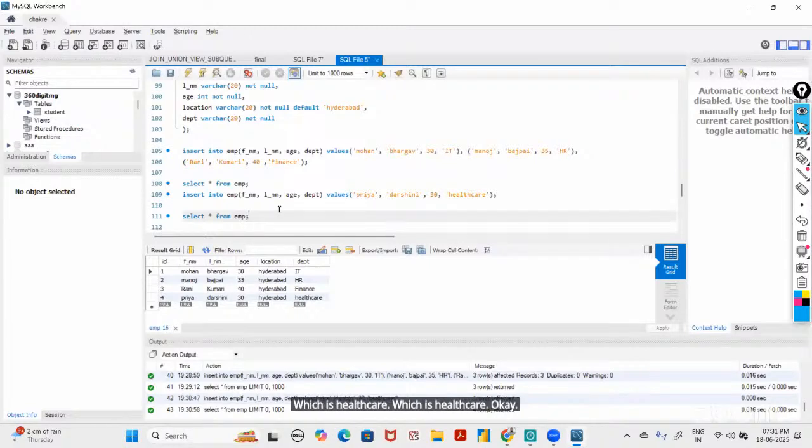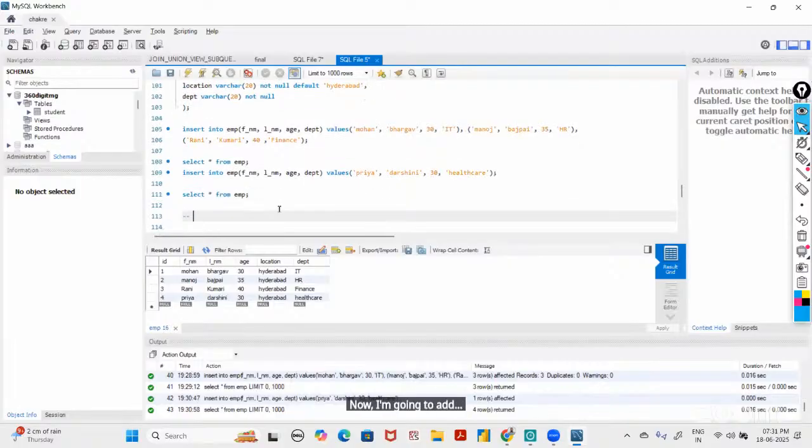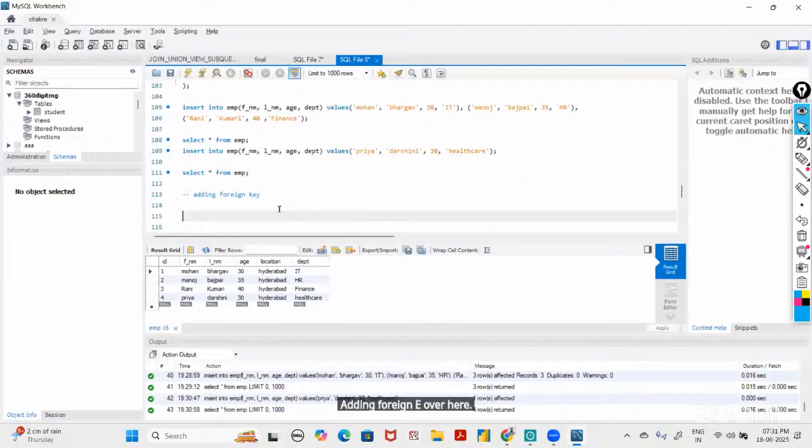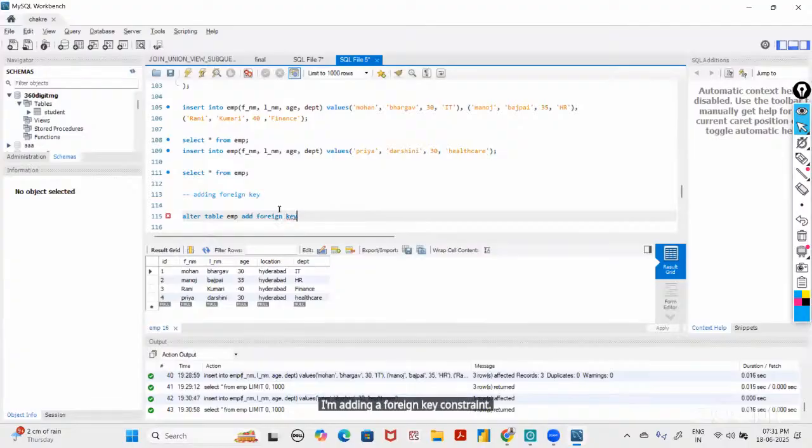Okay, and now after that, I'm going to add a foreign key constraint here. So how to add that? In this case, I'm going to alter my table, which is nothing but the employee table, and then I'm adding a foreign key constraint. I'm just saying to consider department as a foreign key